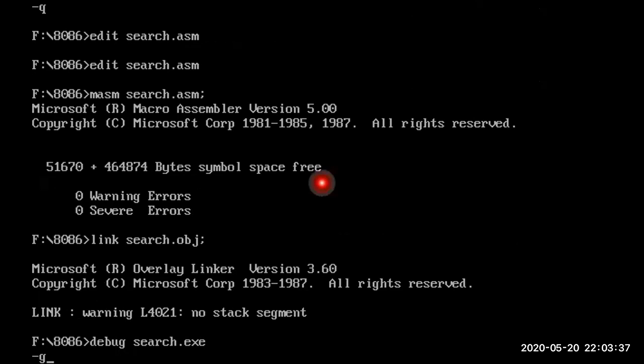So the number I am searching is present in that array. So what is my result? Result is AX you should get as FFFF.